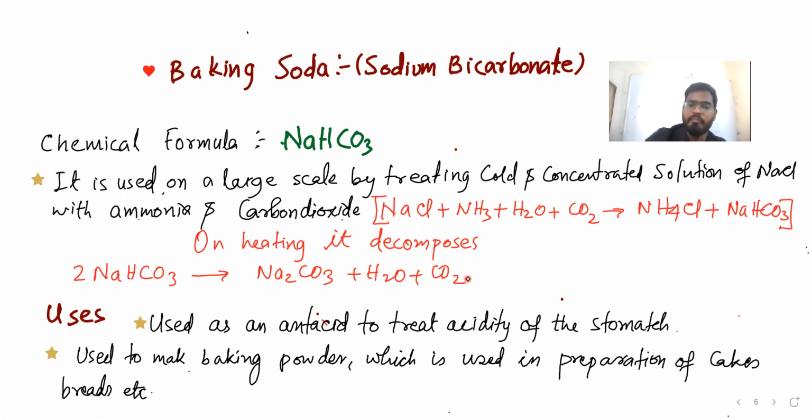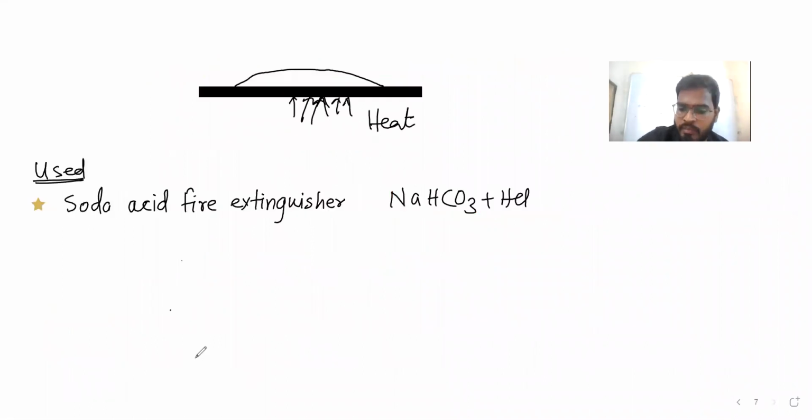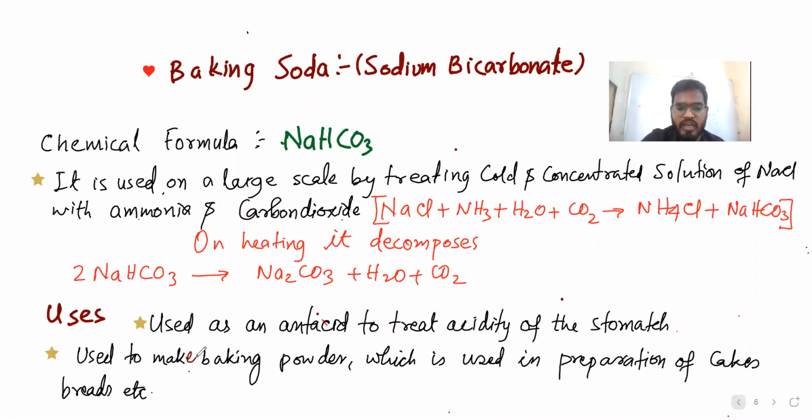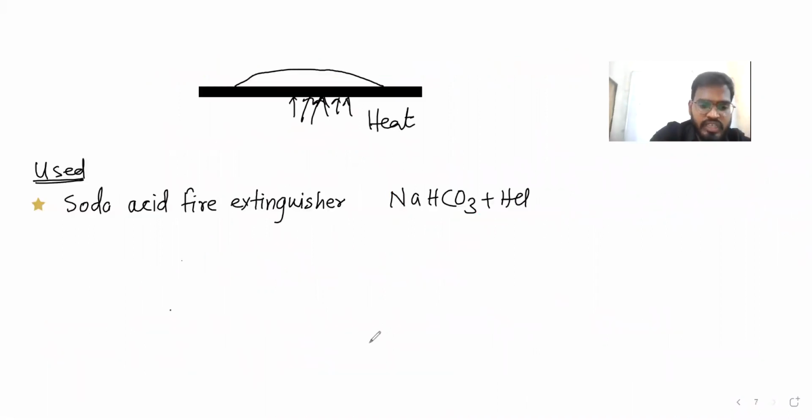Used to make baking powder. This is again an important point. Baking powder is used in the preparation of cakes and breads, right? So why are we making baking powder, why are we not baking from baking soda? The thing is it is more soluble, maybe some other things will be there. But how we make baking powder is what we can do. NaHCO3 we will take,